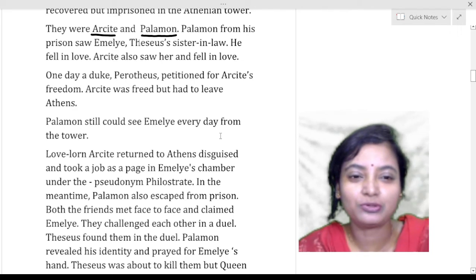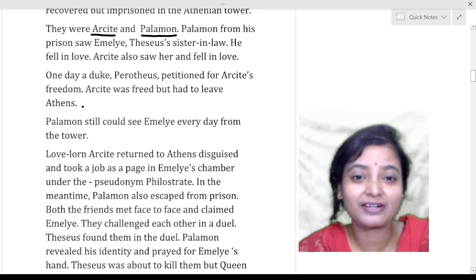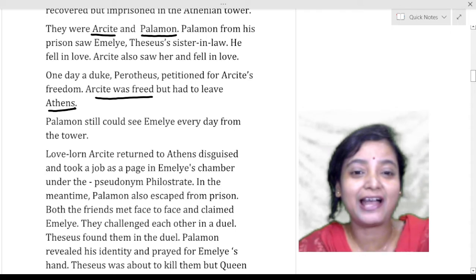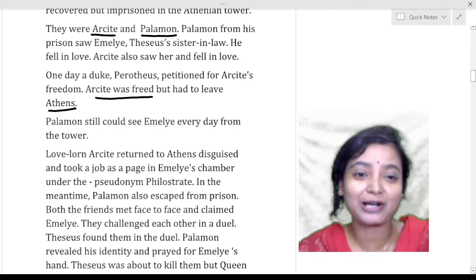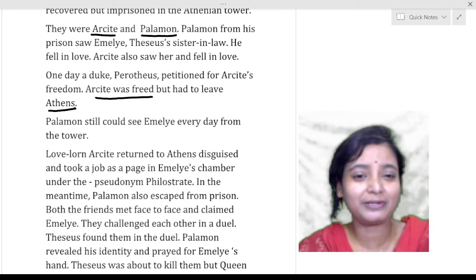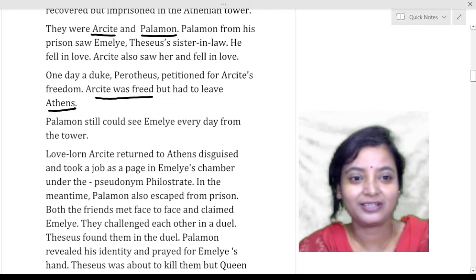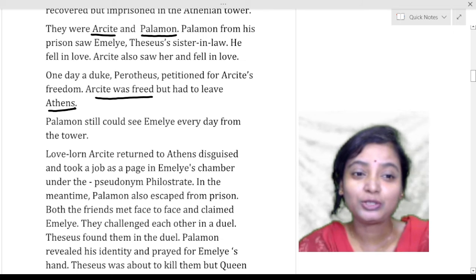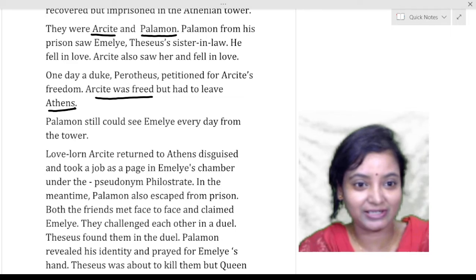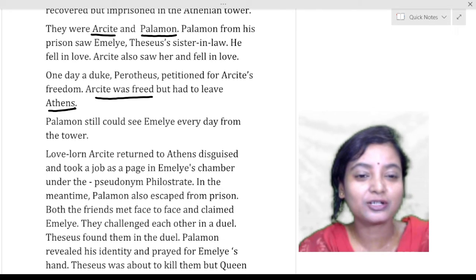One day a duke, Perotheus, petitioned for Arcite's freedom. So Arcite was freed but had to leave Athens. So what is the value of freedom when he had to leave Athens? He cannot look at the beautiful Emily anymore. So with a bereaved heart, he left Athens. Palamon, though imprisoned and not freed like Arcite, is fortunate enough because he still could see Emily every day from the